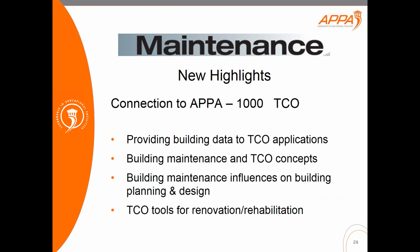Also, APPA has developed a total cost of ownership model, and I'm not going to go into all the details of TCO, but we will be talking in the new manual about how you provide basic building data for a TCO application, how you apply the total cost of ownership concept to building maintenance, how the maintenance that you deliver on a daily basis influences the overall building planning and design for maybe new construction or for renovations, and to give you the tools to implement TCO for renovation and rehabilitation projects, so you can better describe to your boss